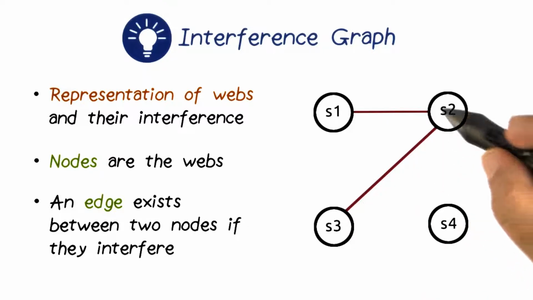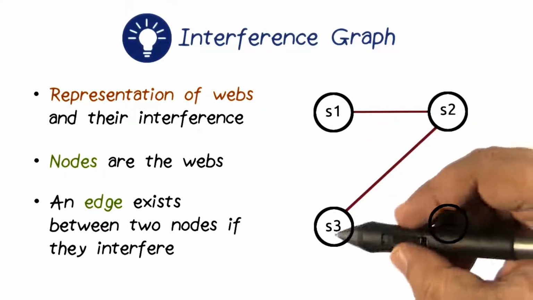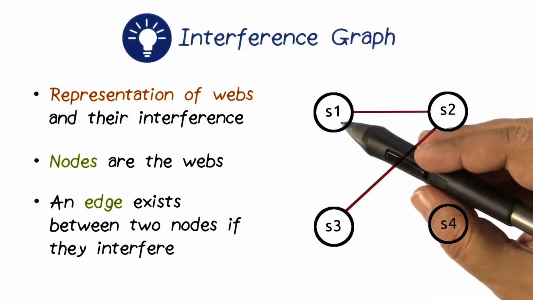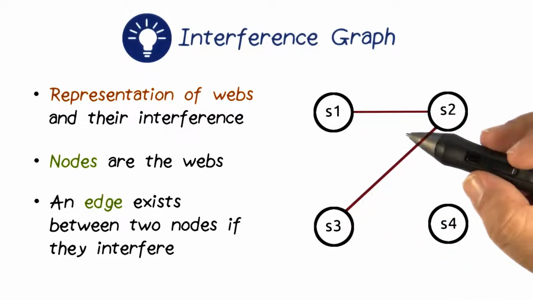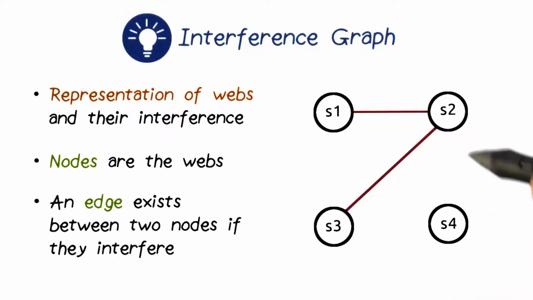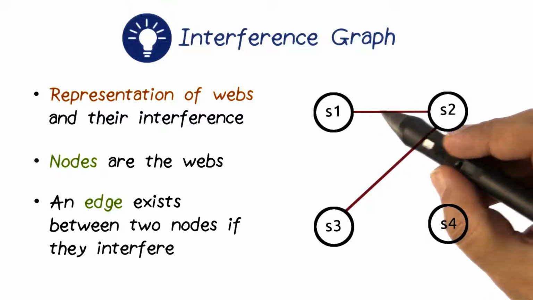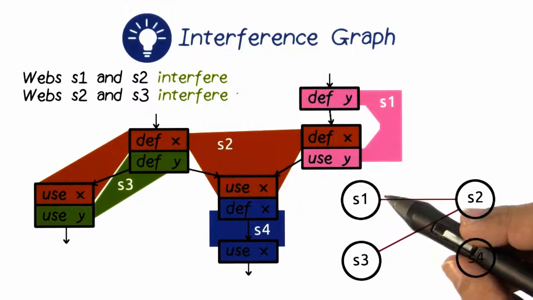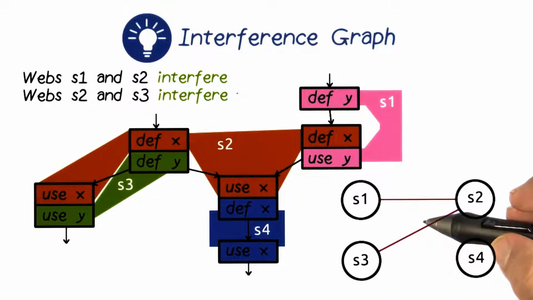And S4 is not interfering with any of them, that's why there is no edge between S4 and any of the nodes. And similarly, S1 and S3 are not interfering either, there is no edge between them. So this is how we build the interference graph, which shows if the two webs are intersecting at certain program point. You can clearly see now, putting the control flow graph and interference graph side by side, that this is